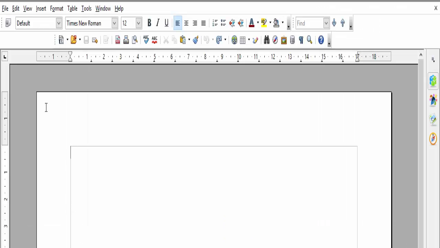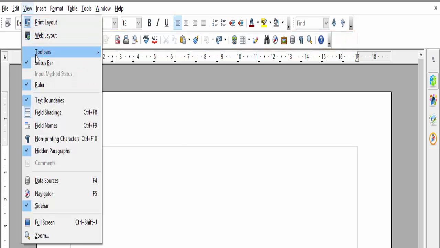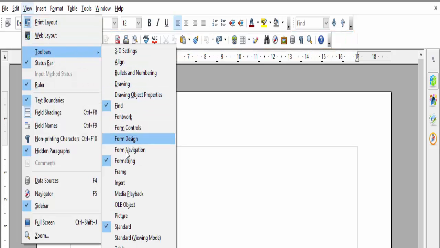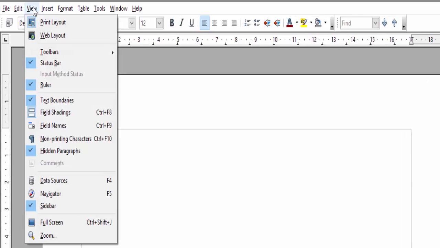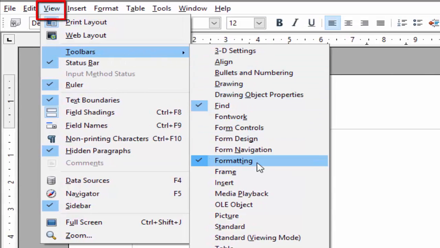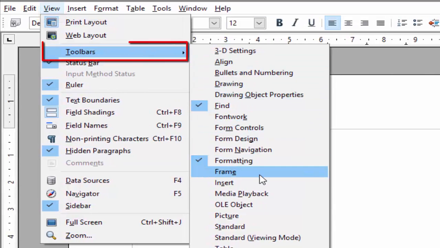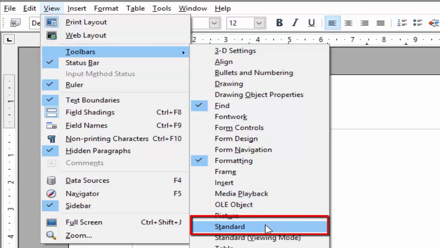If you are creating a table using the table drop button on the standard toolbar, then standard toolbar should be visible on your text document. Now as you can see in my text document, standard toolbar is not visible. So if standard toolbar is visible to you, then it's okay. But if it is not, then you have to select view menu, toolbars option, and from that toolbars option select standard toolbar option.